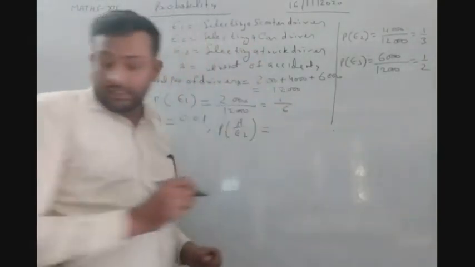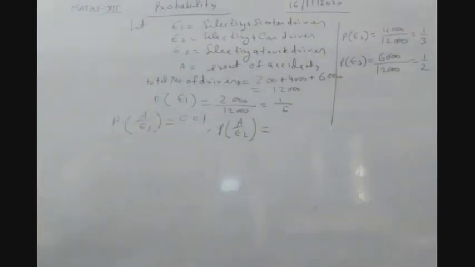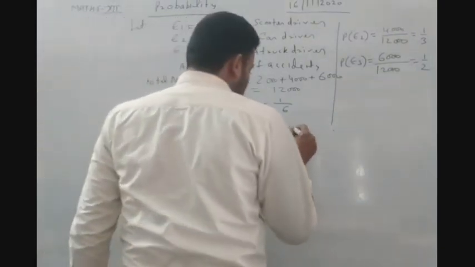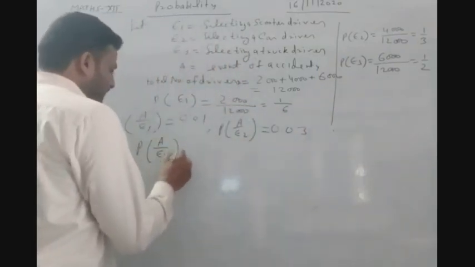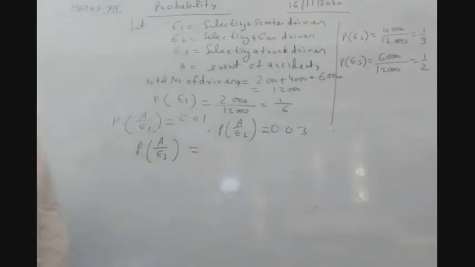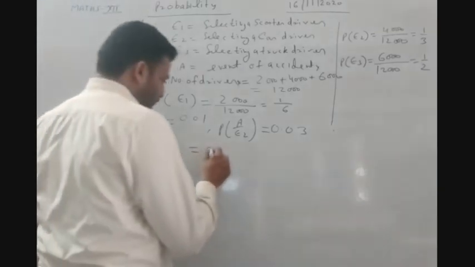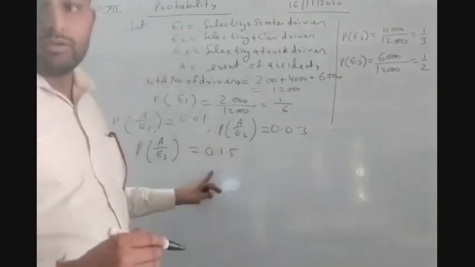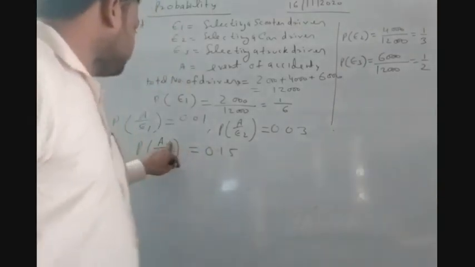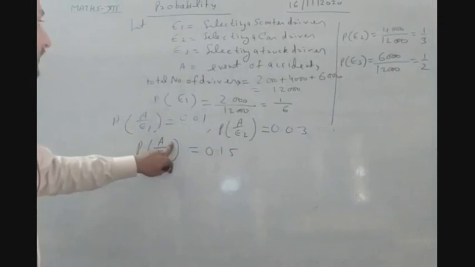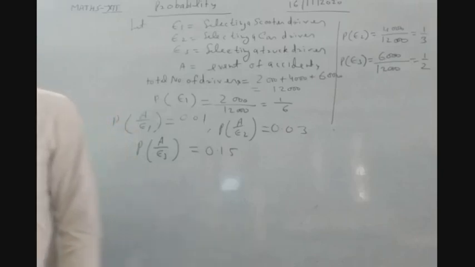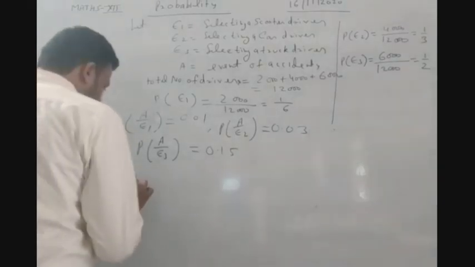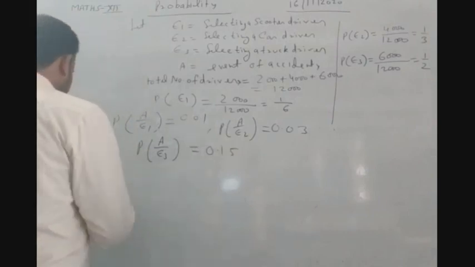It is mentioned in the question as 0.03, and probability of A by E3, which is also given, 0.15. So this is the probability of getting an accident by a truck. Now we have to find out the probability that he is a scooter driver. So we have to find out the overall probability